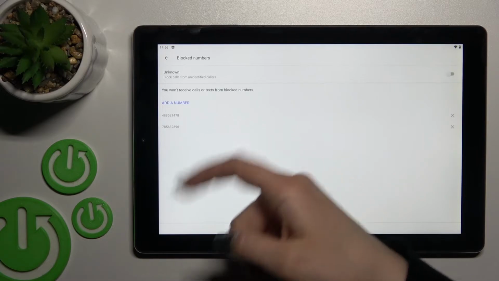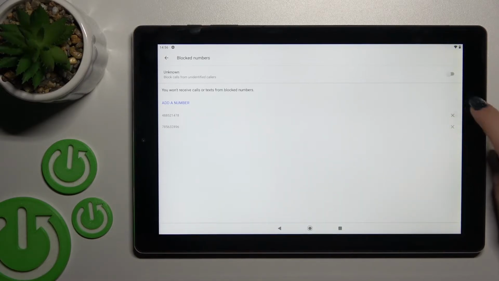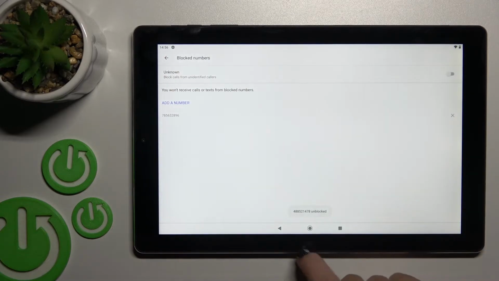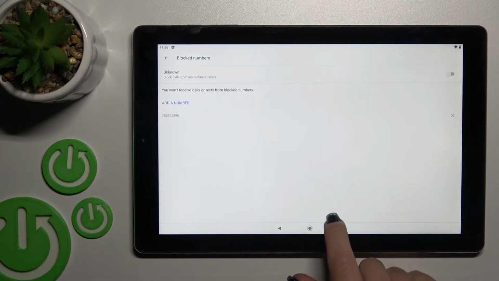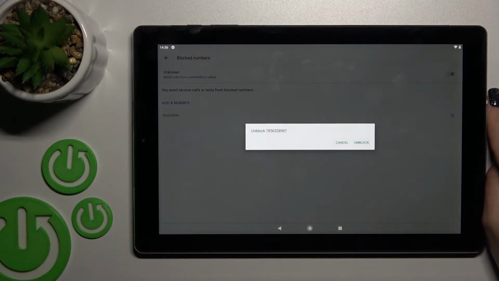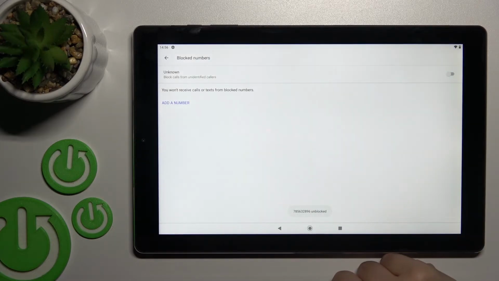Now, to unblock one of these numbers, just click on the X icon and confirm your action by clicking here on unblock. Now you can see the message that this number was unblocked successfully. To remove the second number from the blacklist, click again on the X icon and tap on unblock,